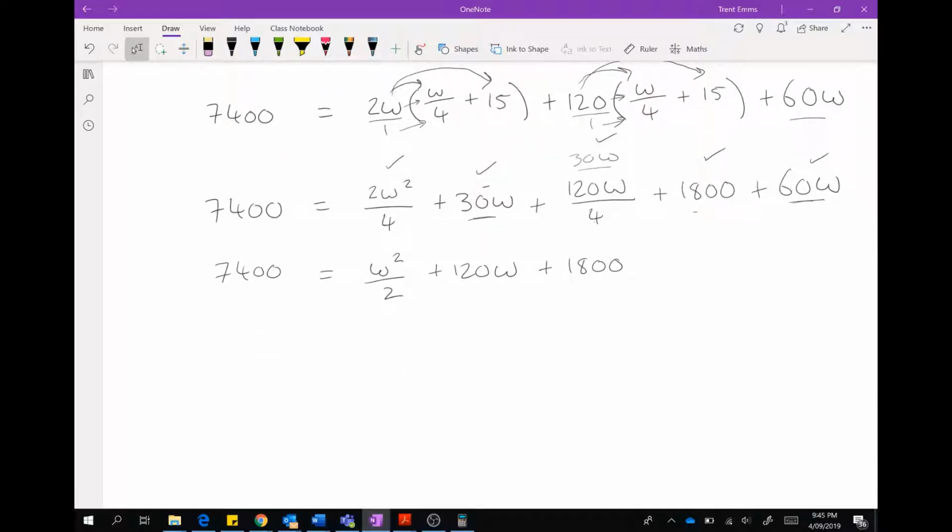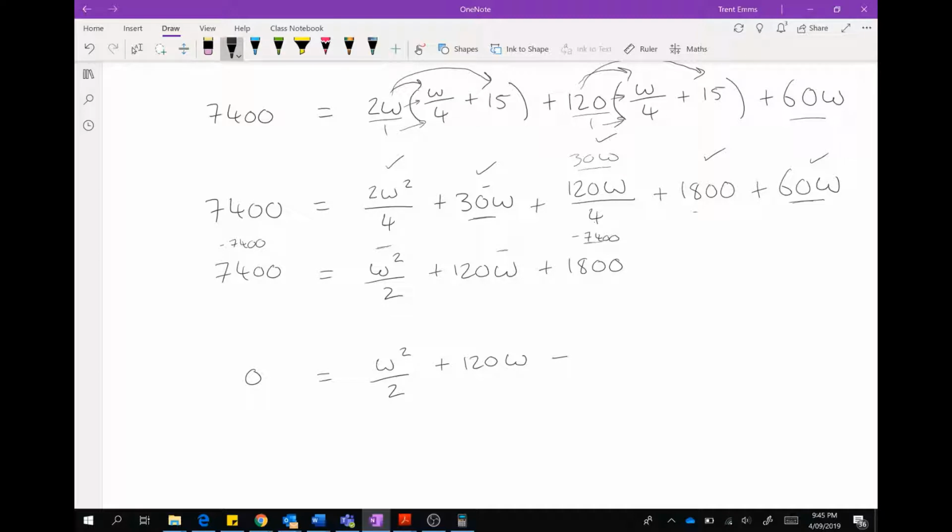We can see this is a quadratic, so it's got a squared term here. You've got your normal term here, your w, and the constant at the end. So we're going to bring it in terms of that and set it equal to 0, because whenever we have a quadratic we want to solve, we need to set it to 0. So I'm going to minus 7,400 off that to make that 0, so then I have to minus 7,400 off this side here. That's going to give me 0 equals w squared over 2 plus 120w